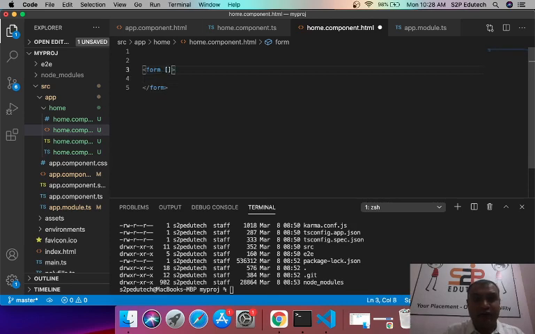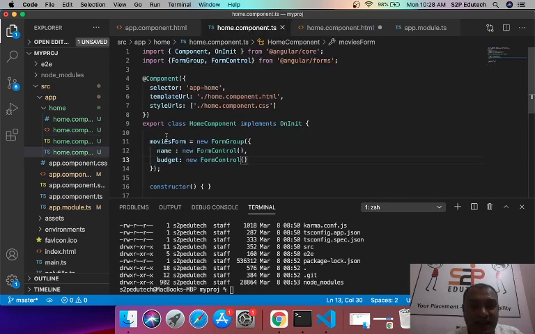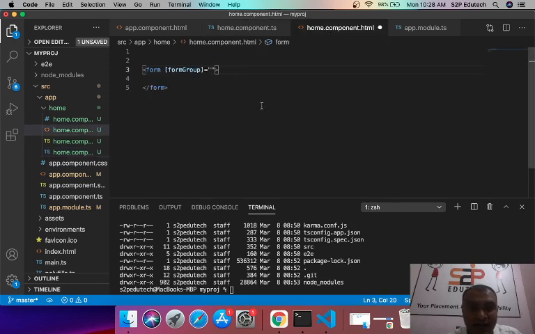Now in my form, I use a directive form group equals to, and I'll copy the name of my form which is movies form, which is an object of form group, and I'll add it as an attribute here. So I am creating a form, and in it I am adding an attribute form group.